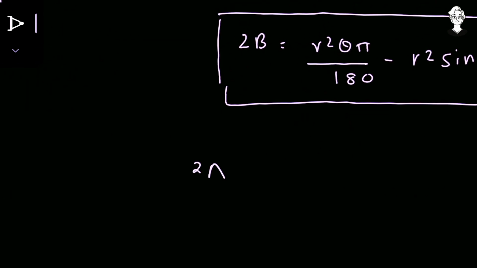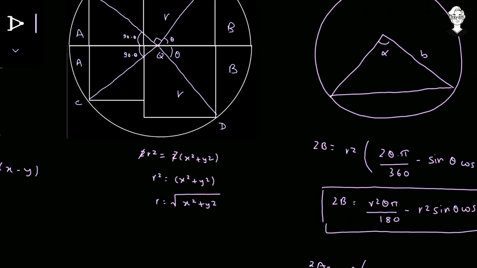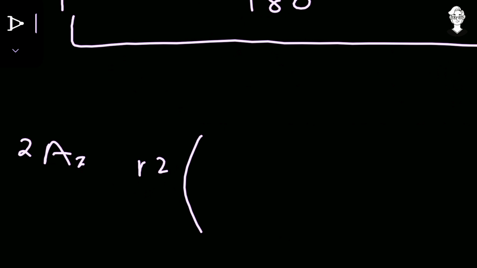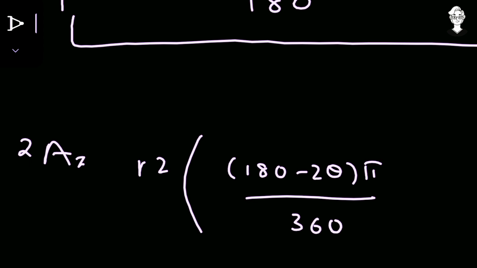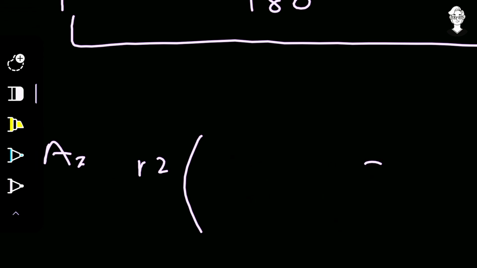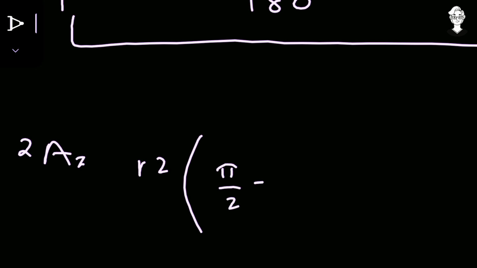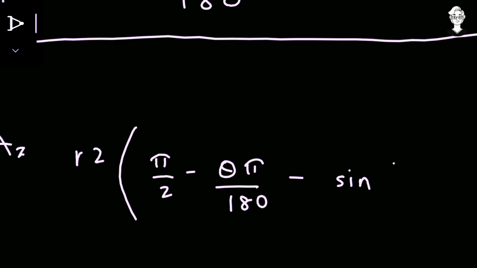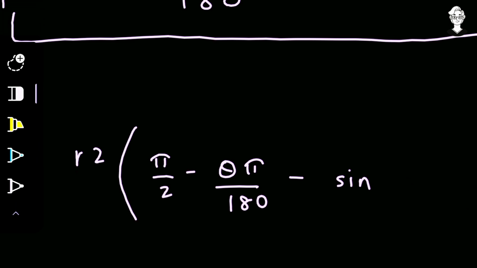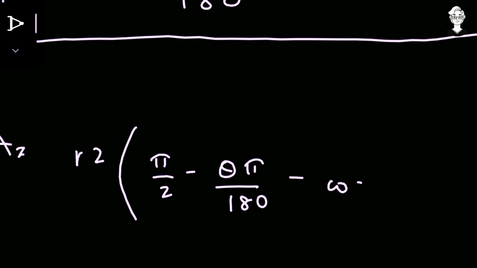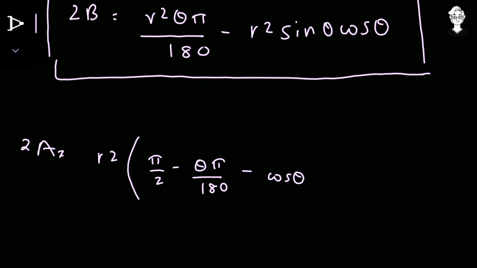So 2 times a is equal to radius square, radius for that is also r square. Now the angle at the center is 2 times 90 minus theta. So I will write it like 2 times 90 minus theta gives me 180 minus 2 times theta into pi upon 360. So this, just opening up the bracket and separating the denominator, gives me pi upon 2 minus theta pi upon 180 and minus sine of 2 times 90 minus theta upon 2. So this gives me sine of 90 minus theta, and sine of 90 minus theta is equal to cos theta. So over here becomes cos theta, and similarly cos of 2 times 90 minus theta upon 2 becomes cos of 90 minus theta, that is sine theta.